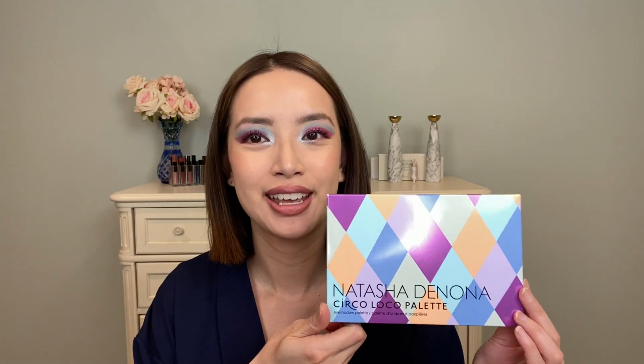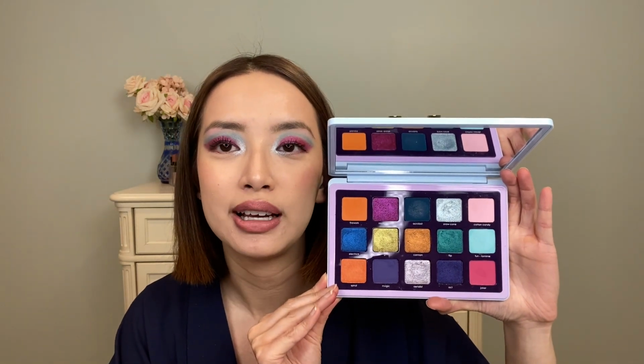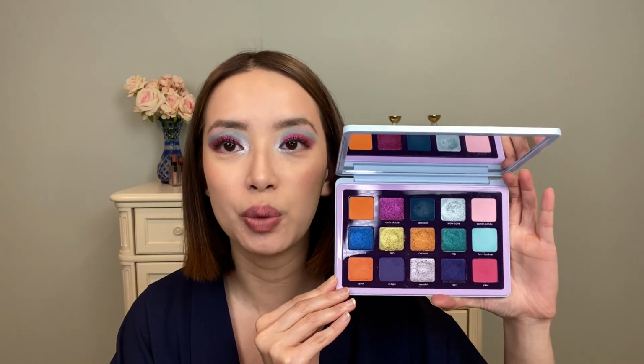Today we're going to take a look at Natasha Denona's new palette, Circo Loco. It is a colorful palette, bold colors. You could call it jewel tones, but she also has some really bright shades, bright matte shades. It's gorgeous, beautiful. I did use the shades in here to create today's look, which I will have the demo